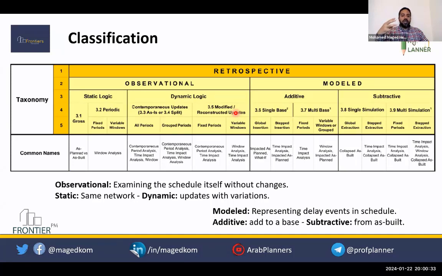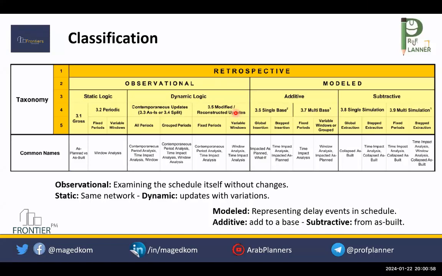So you need to prepare a solid, appropriate program that gives reasonable, common-sense results, whether you are using the baseline or reconstructing updates. This is my advice.